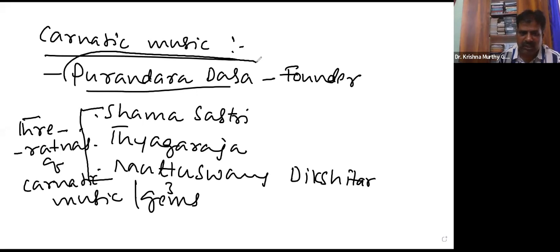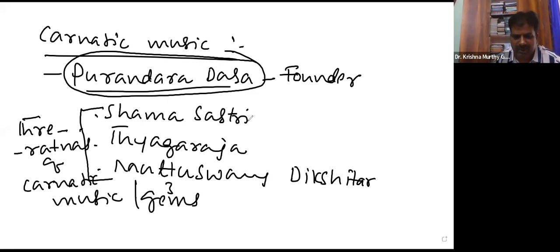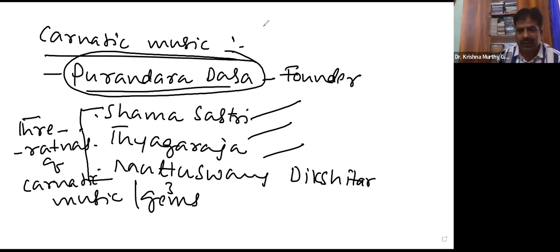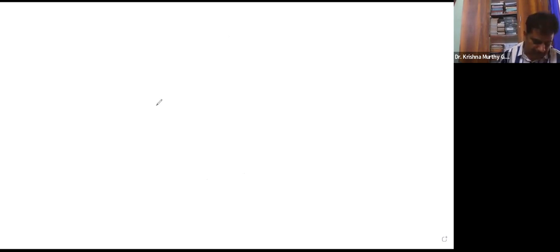Founded or initiated by Purandara Dasa, it later developed through Shama Shastri, Tyagaraja, and Muthuswami Dikshitar. Later such music was also promoted by several followers, mainly other musicians: Kshetrayya, Swati Tirunal,